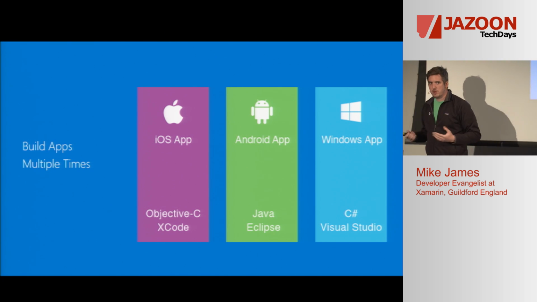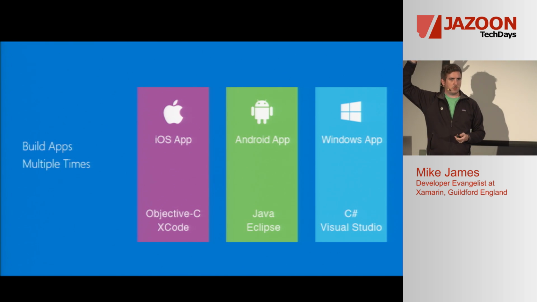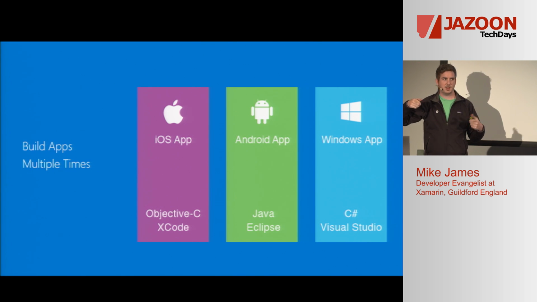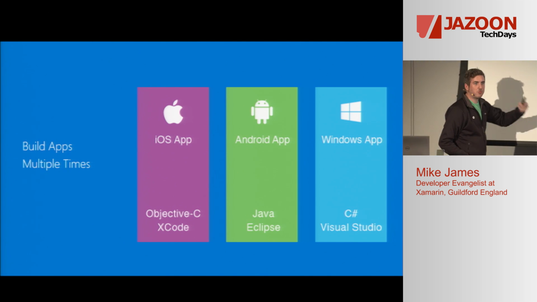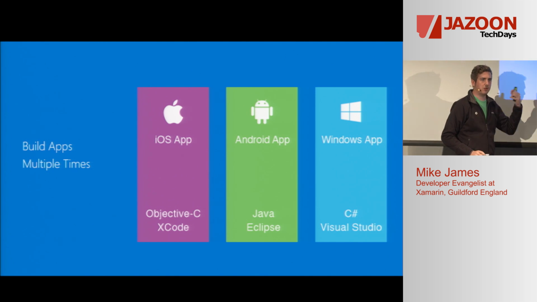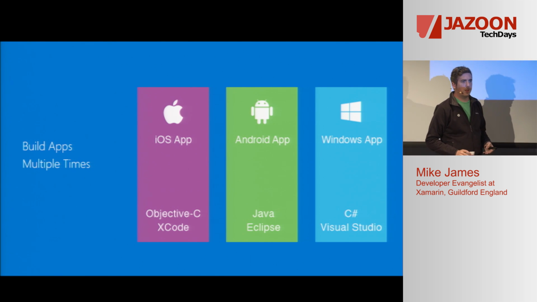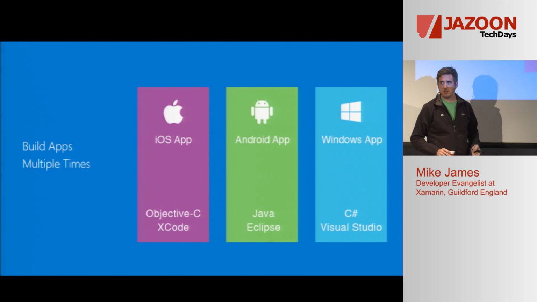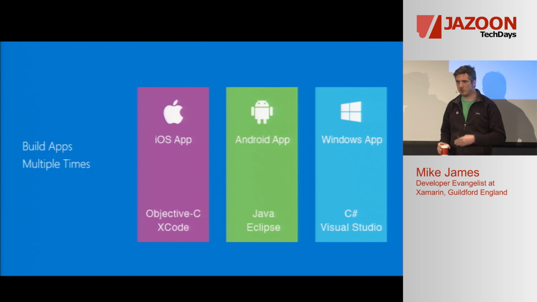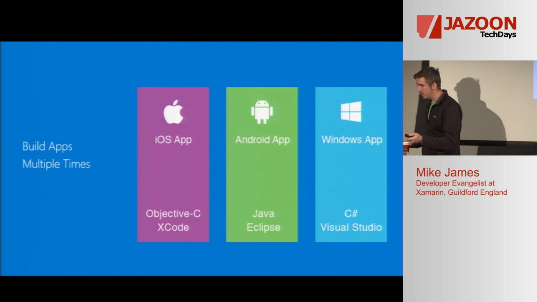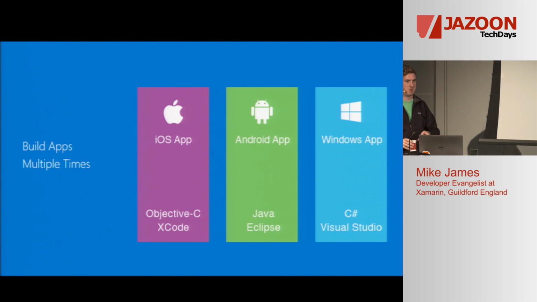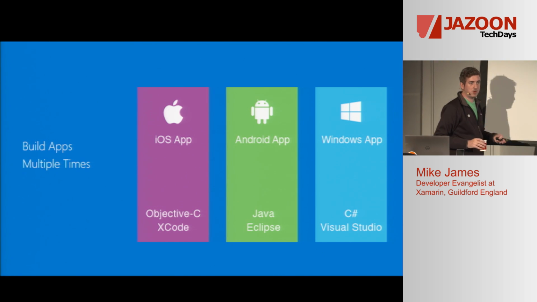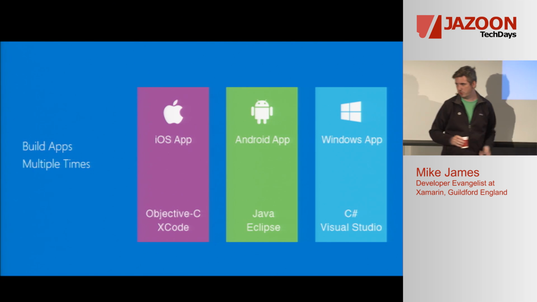And then finally, if you're interested in Windows Phone, is anyone interested in Windows Phone? 1, 2, 3. So I guess you guys own Windows Phones. Yeah, there we go. So if you're interested in Windows Phone, then you're going to rewrite your app again in C# and use XAML, and you'll use Visual Studio. You're probably going to have 3 different CIs. You're not going to be able to reuse your unit testing. It's madness. But if you want to build a really big team and have a huge headcount and your budget really isn't an issue, say you work for a company like Microsoft, perfect approach.